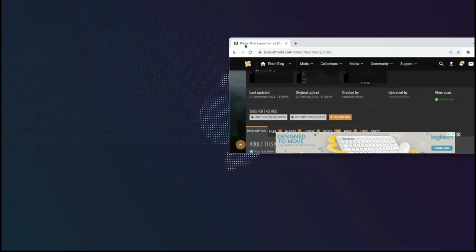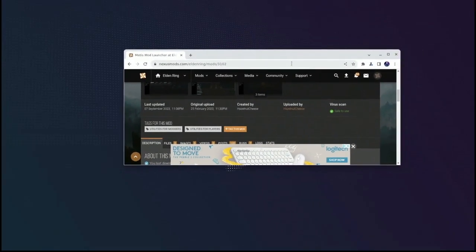This is a method I discovered myself on how to install mods for Elden Ring on the Steam Deck, but this is not through Windows, this is through SteamOS. And also, ironically, this is the third time I'm recording this video because of errors. And I'll leave the links to anything that needs to be linked. Speaking of which, I'll link this